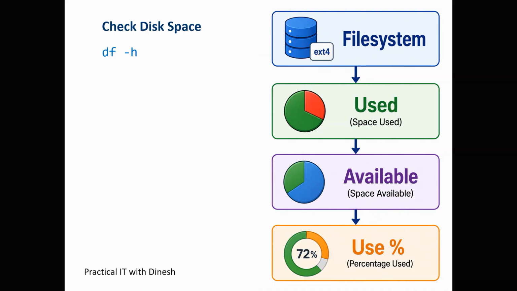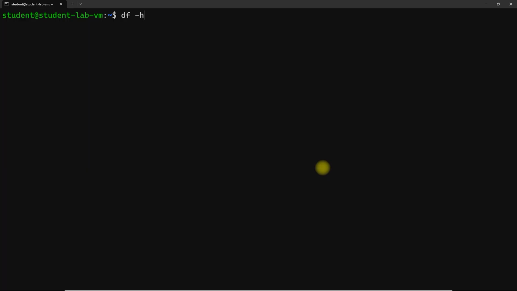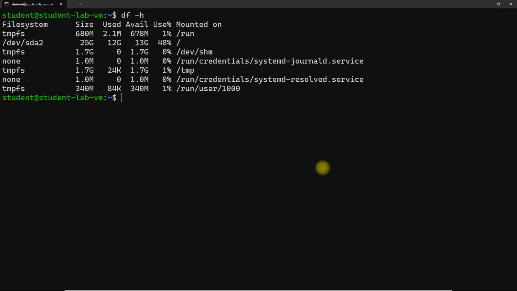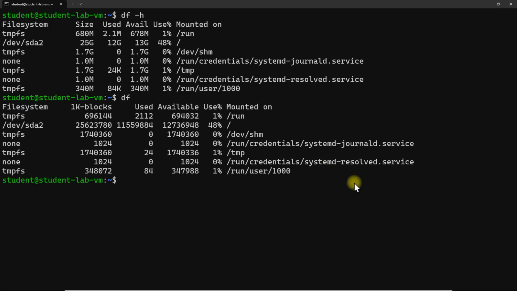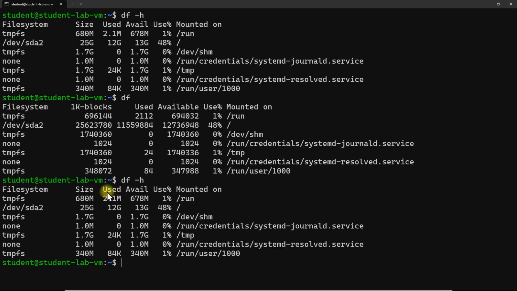Now suppose I want to know how much space is actually available. That's where df comes in. df -h: df reports file system level disk usage, and -h makes the numbers easier for humans to read. For example, let's type df first, and we can see that the numbers are difficult to understand. But if we use df -h, in the output, for example, we can see the file system